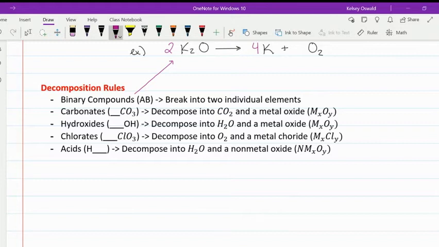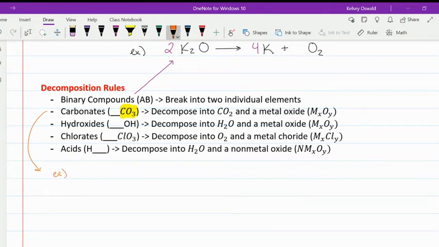The example that we looked at earlier where we just had 2 elements in our compound, potassium and oxygen, that decomposes into elemental potassium and elemental oxygen. That's going to be an example of our binary compound. So just 2 elements in that compound breaks apart into those 2 individual elements. Okay. Our next example is going to be for a carbonate. Okay, and carbonate, that's going to be one of our polyatomic ions, CO3. So whenever you guys see a CO3 decomposing or a carbonate, that's always going to decompose into CO2 and a metal oxide. So if we look at an example of this,